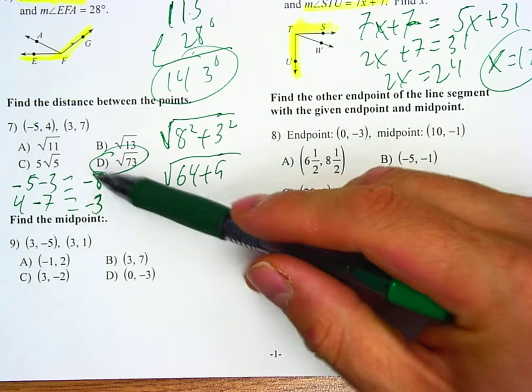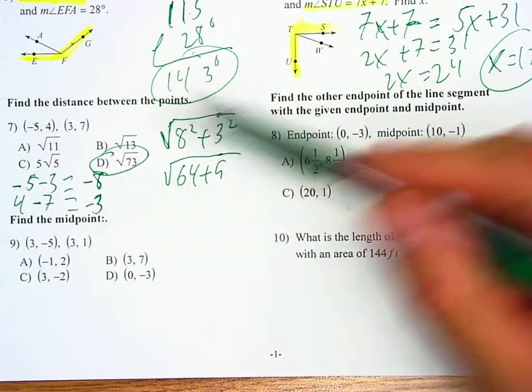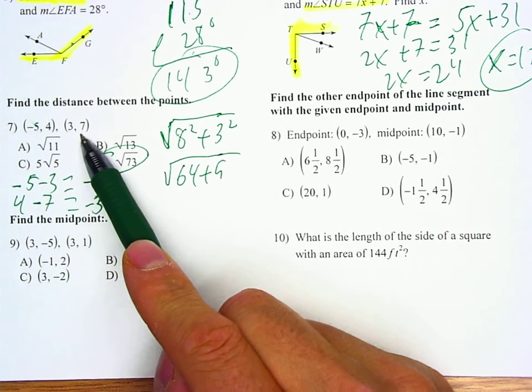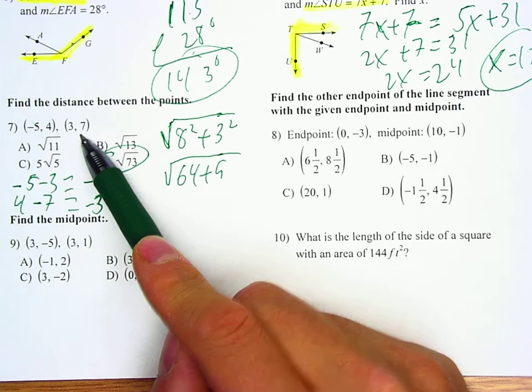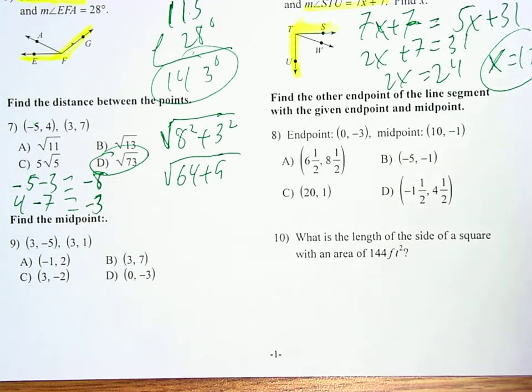As far as this step right here, determining the distance between the x's and the distance between the y's, I don't really care if you show this step here. The x's are 8 apart, the y's are 3 apart. And that's the same thing as you find when you're doing the slope, except with the slope you divide. So this is something that you should be practiced with quite a lot. Anyways,